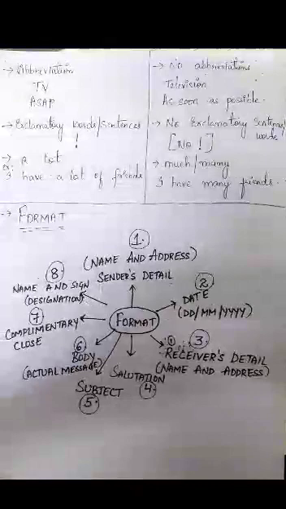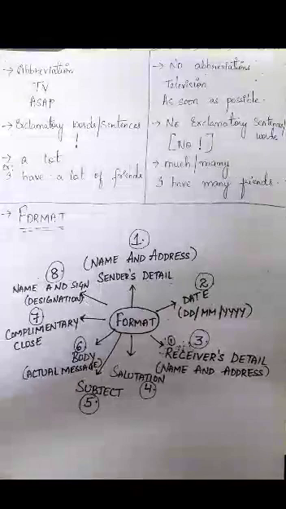Next is a lot. You can use the phrase a lot in your sentences in an informal letter. For example, I have a lot of friends, I have a lot to say to you, I have a lot to teach you. You can use this in informal writing, whereas when you're writing a formal letter, you cannot. You have to replace a lot with many or much. Instead of writing I have a lot of friends, you can say I have many friends. Okay, I hope you all are clear with the differences between formal and informal letter language.